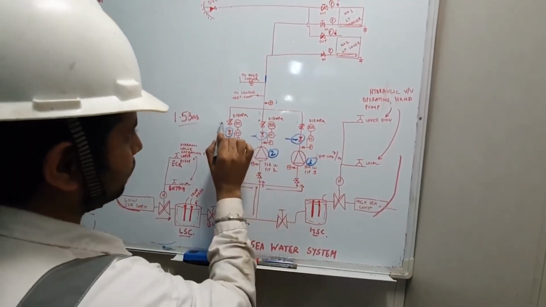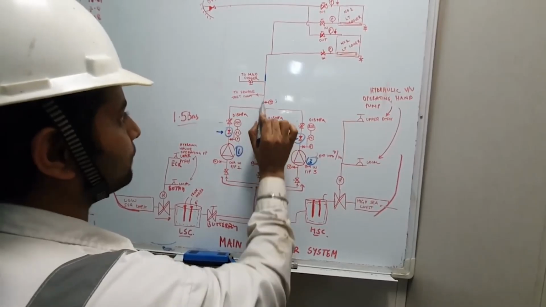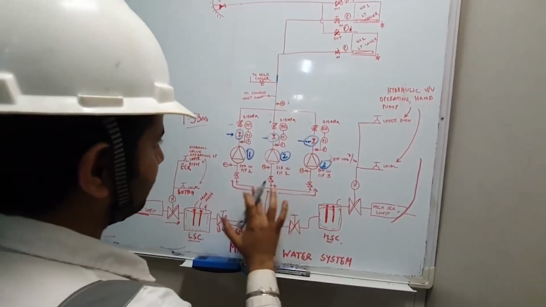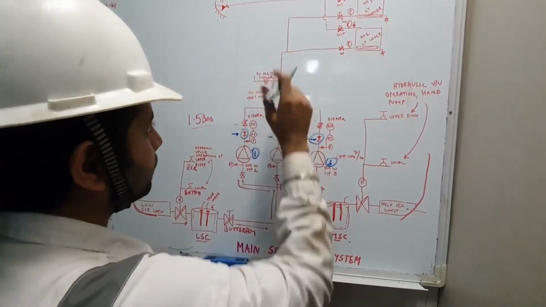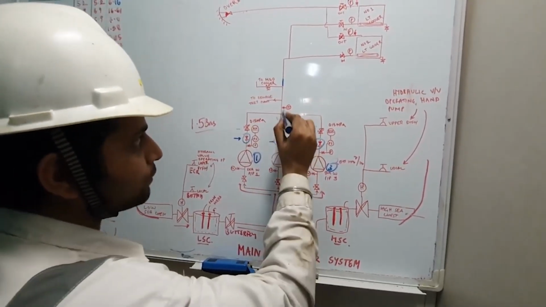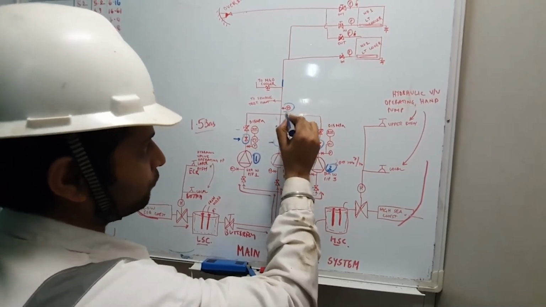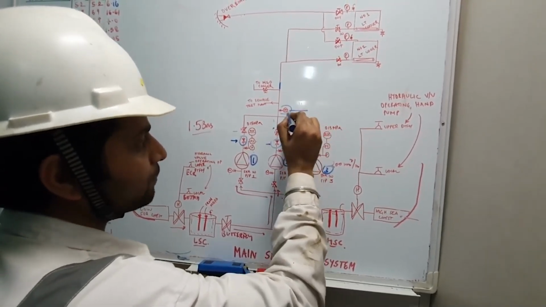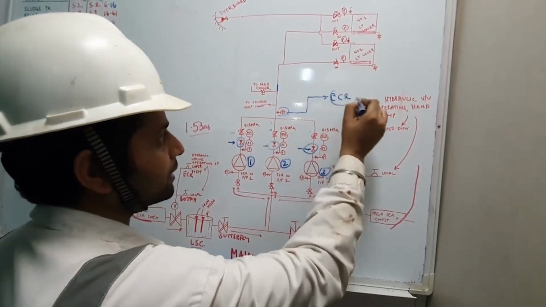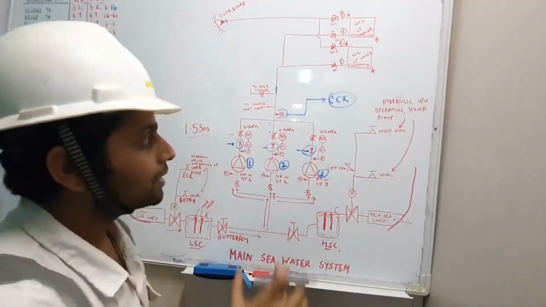Now after this we have got this butterfly valve, and then water flows up over here. Suppose number 2, number 3 is not running, number 1 is running, and water comes from over here and is going up. Now what I've got is a pressure transmitter fitted over here. So in this main seawater pipeline, common line, whatever the pressure is, the pressure transmitter will give me a signal in the engine control room. It will tell me, remotely I can see how much is the pressure in this line over here.